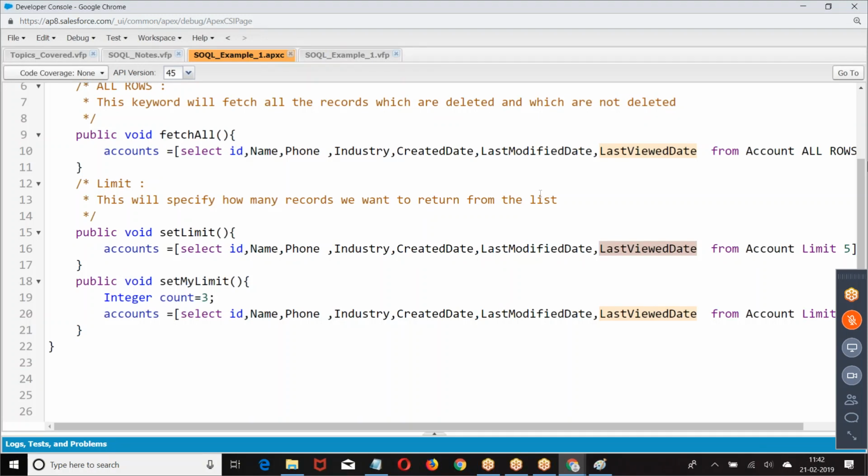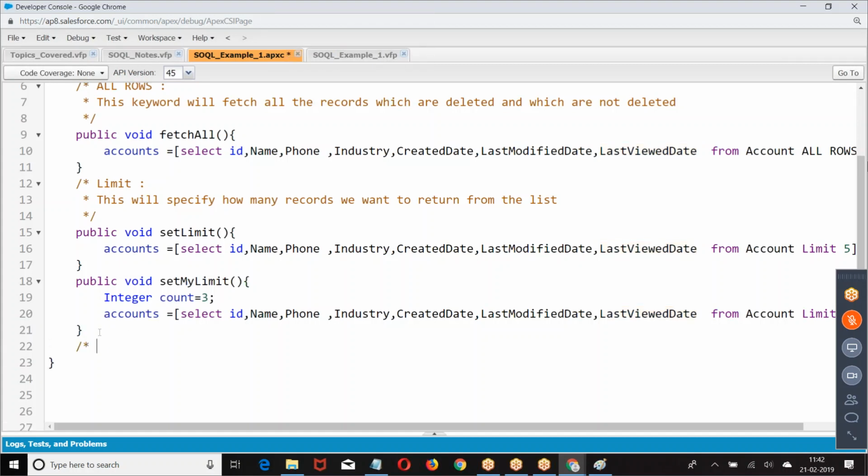So when I say limit, what is it giving you? It gives you a set of records from the result. Now from the result, which set do you want? I am not mentioning it. I am only giving you a query which is giving a list of records, and from that list I want a particular set of records. Limit will specify how many records you want from the result set.